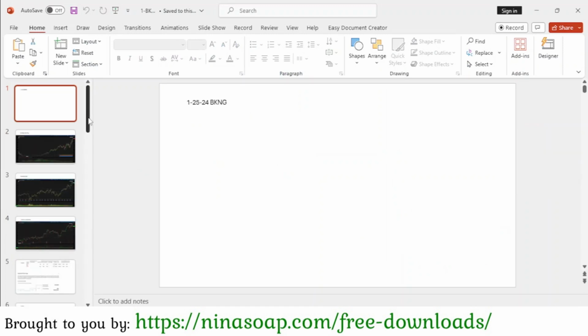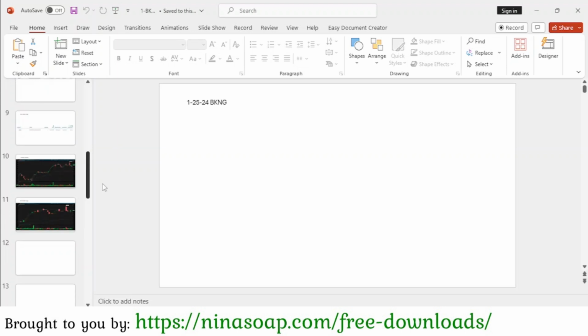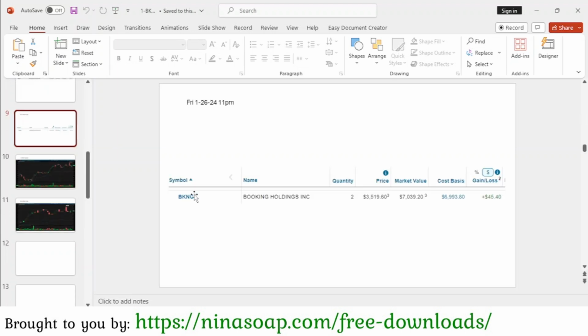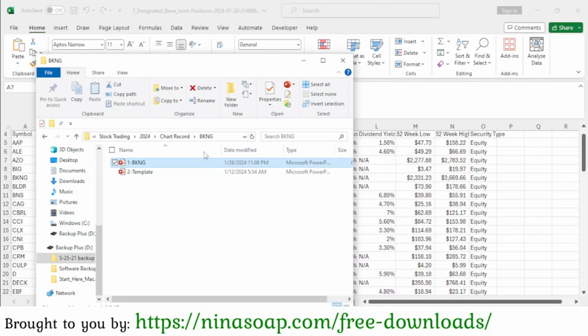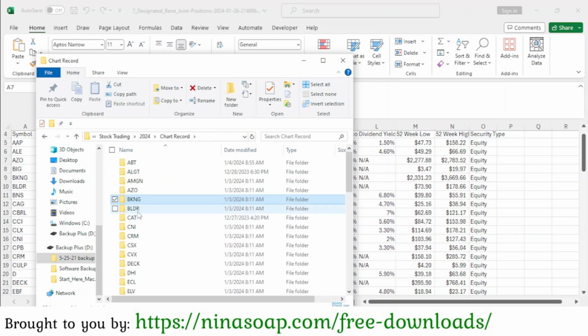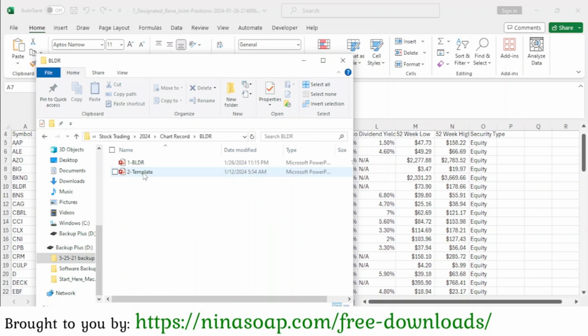And let's see. So we do have that profit in it, and I have the chart already here. So I will get out of that one as well, and we'll go to the next one. And the next one,